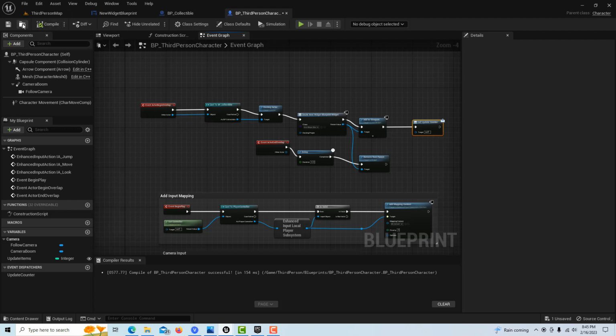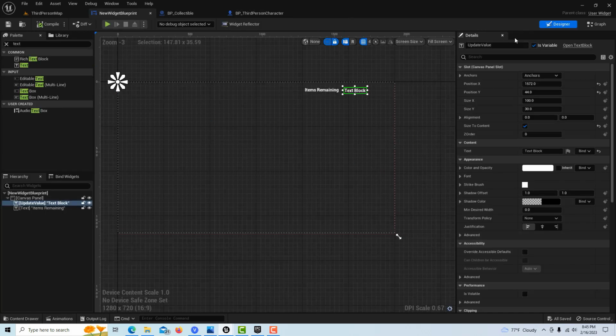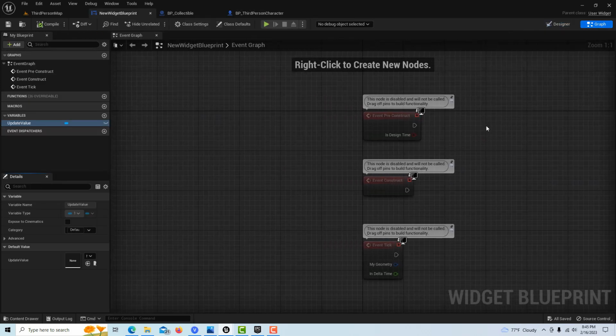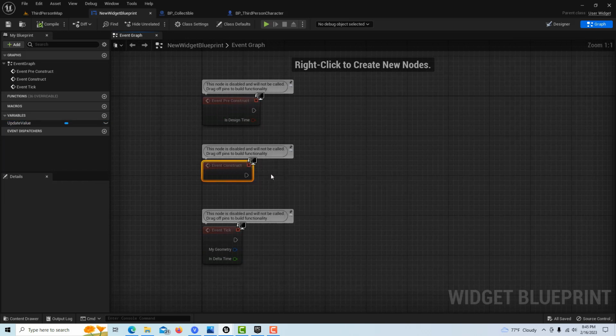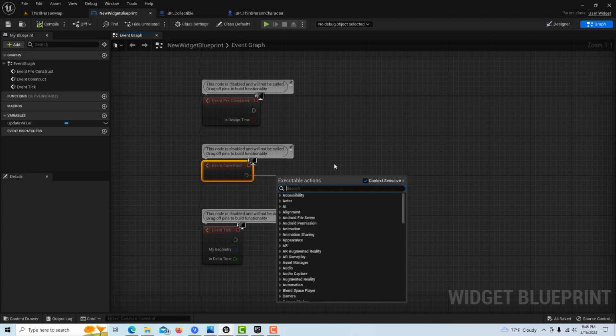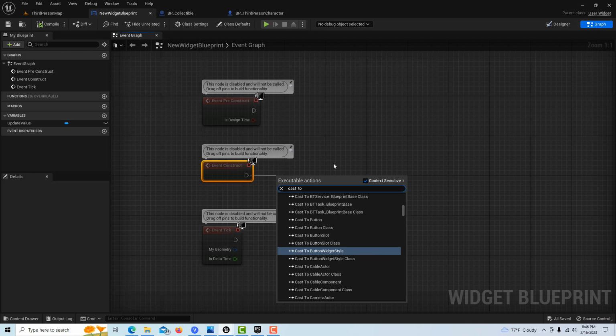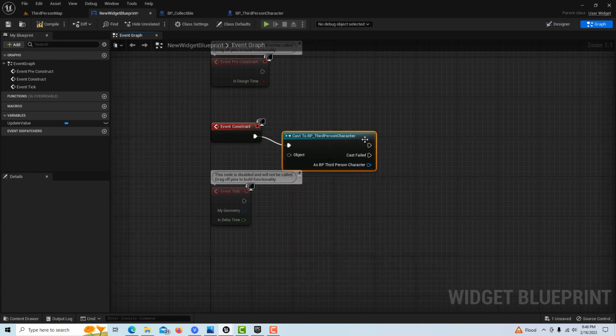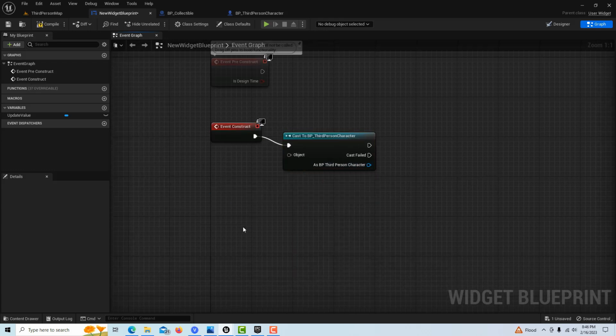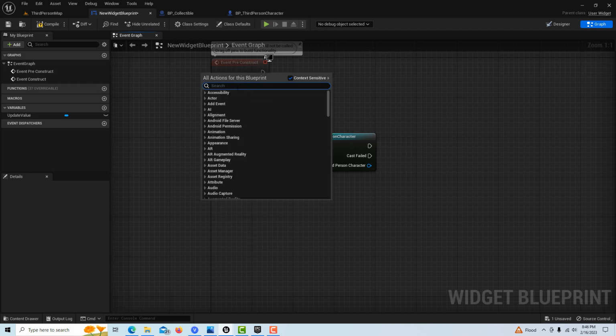I'll just compile and save this. The rest of our work is going to be on the UMG, so we're going to jump over into that right now. We'll go into the graph section, and this is the part that required me the most finagling. The first thing we're going to do here is cast to our third person blueprint, and we want to get, among other things, that variable so that we can update our counter. I'll get rid of this one right here, and I'm just going to get